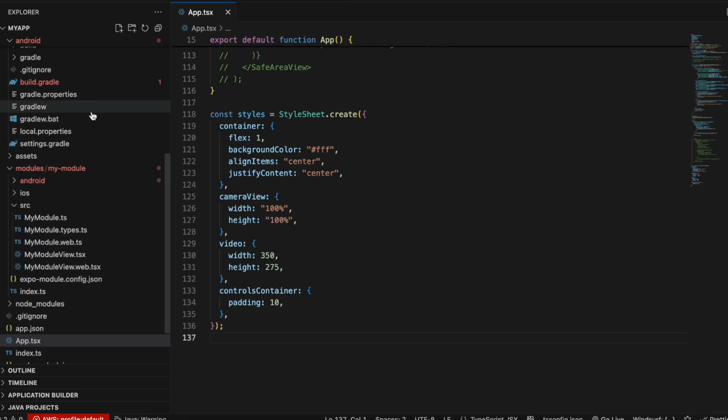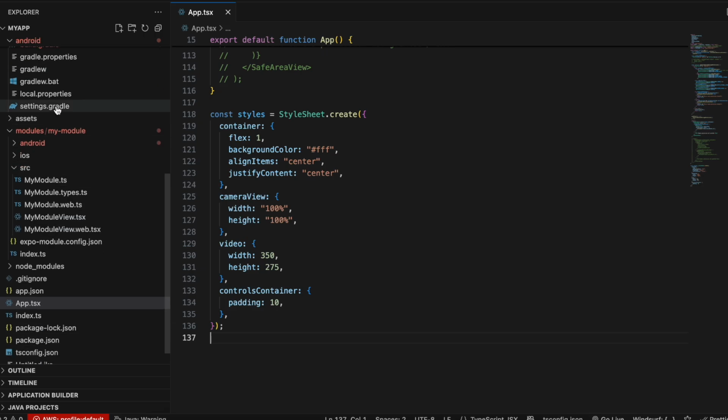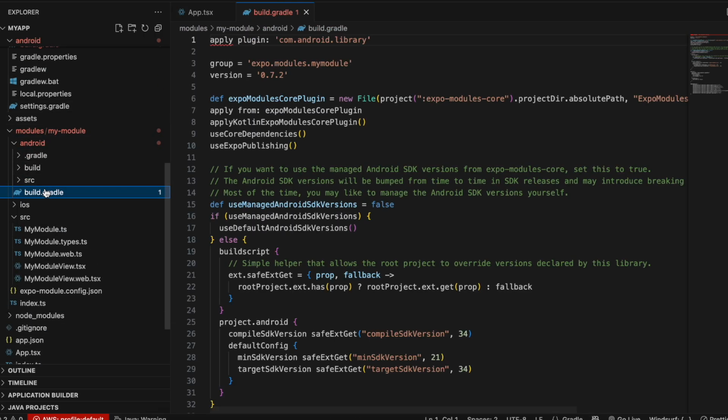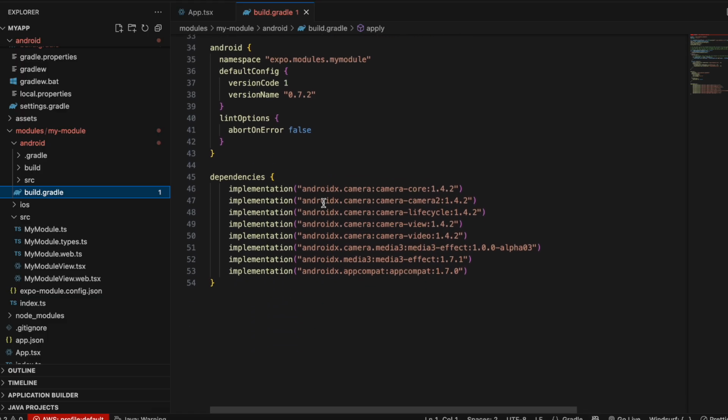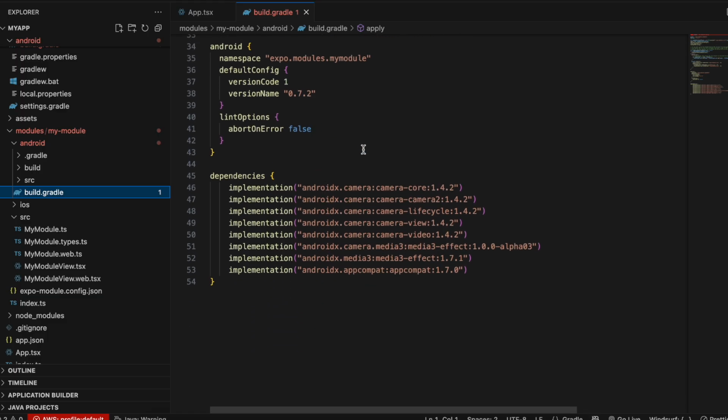Okay, then you need to go to Android build.gradle, and here you need to scroll down and add a few dependencies as well. So firstly, camera core, camera 2, camera lifecycle, camera view, camera video, then the camera media 3 effect,